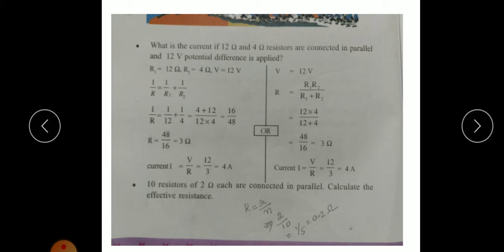In the next page, one more question is given. What is the current if 2 ohm and 4 ohm resistors are connected in parallel and 12 volt potential difference is applied? Here R1 is 2 ohm and R2 is 4 ohm and voltage given is 12 volt. Here the resistors are connected in parallel, so effective resistance is 1 by R is equal to 1 by R1 plus 1 by R2. Substituting in this, we will get R is equal to